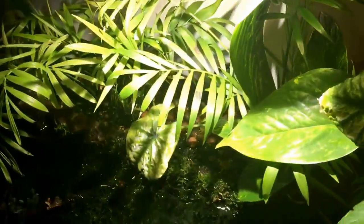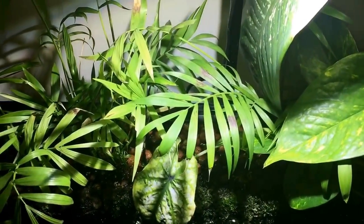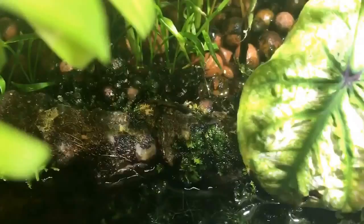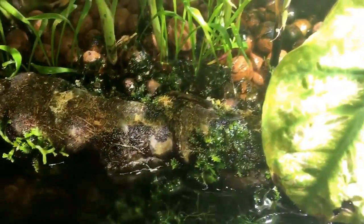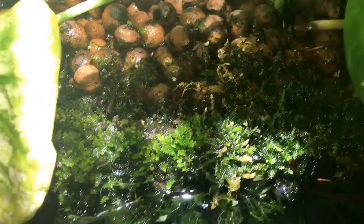And the cyno could have also been related to some of the lighting. I know nutrients is a big portion of it, but maybe the LED bulb I was using prior to the Kessel was beneficial to cyno actually getting a nice foothold. And the cyno was never really inside the tank. The cyno was actually developing inside the clay balls. And now it looks like the Java moss is starting to spread